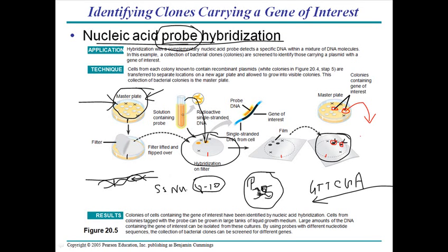We use those genes to make proteins, and we can extract those proteins, purify them and make use of them. That's how it's done. Okay, so there are different reasons to use this nitrocellulose filter paper. If we use the master plate itself and hybridize it, the master plate will be lost forever. We cannot use those colonies anymore, because we need to hamper those colonies by attaching these probes. So in this case, the master plate colonies remain undisturbed, but we are also getting the results.